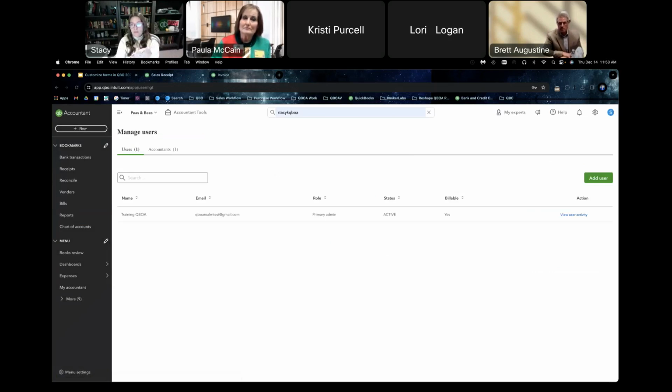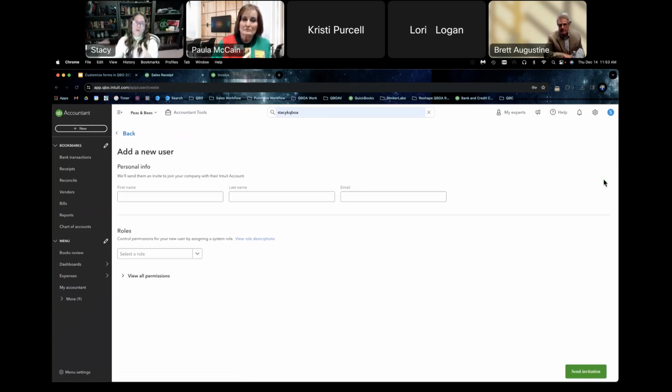With Essentials and Plus, Essentials gives you 3 users, so your primary admin and 2 additional users. QuickBooks Online Plus gives you 5 users, so that would be your primary admin and then your 4 other custom users. And then QuickBooks Online Advanced gives you 25 users. So with Essentials and Plus, and this I believe is an Essentials account, when we add the user,